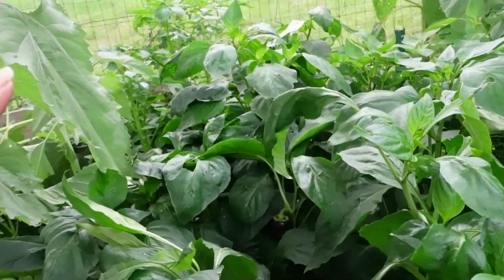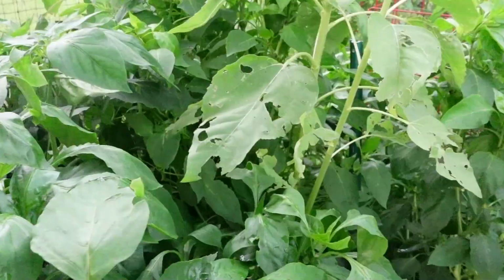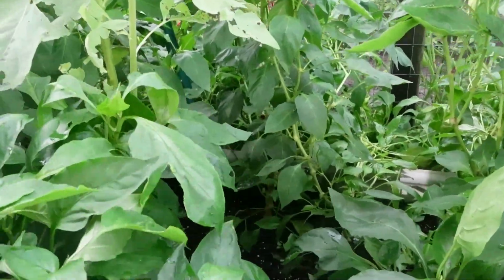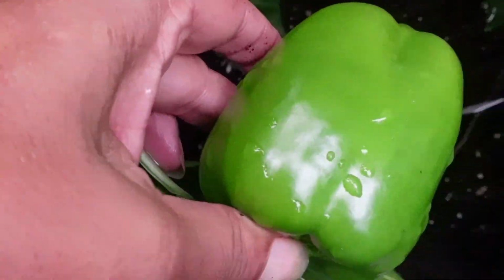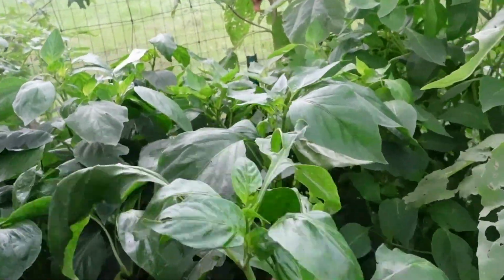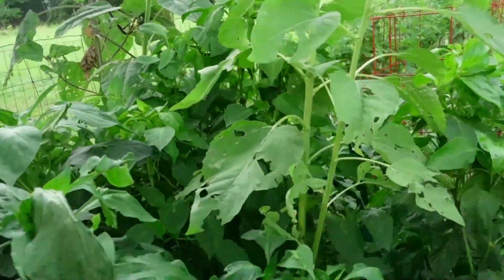I think I did plant the peppers too densely. These are the sweet bell peppers and the cubanelles. Because I did have to take some out. Oh, look at the size of that one. That's a nice one. They're not getting enough sun, I don't think. I mean, they like to hold hands, but I am back here, and there's also that tree. So that's a factor. And these beds are so big,